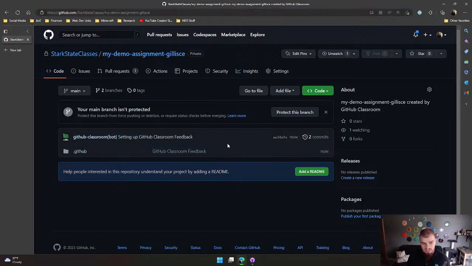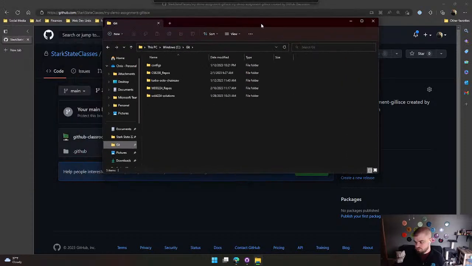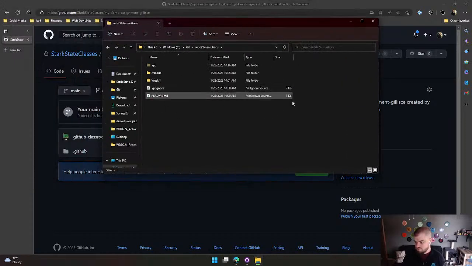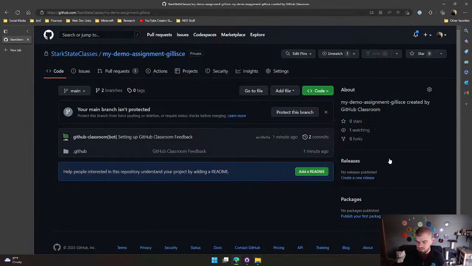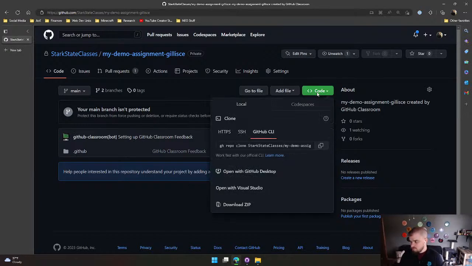Because remember, with GitHub, we have our local and we have our remote. With our local, it is still on our computer. It's no different than any file source that you created somewhere on your C drive, right? I have a folder. This is local Git. Remote Git, origin Git, is on the web. If it's not on remote, we can't see it. So you go to your repo, you hit code,